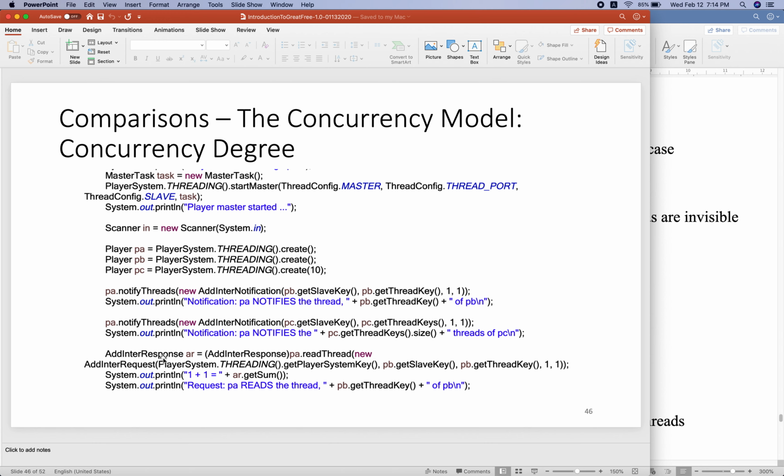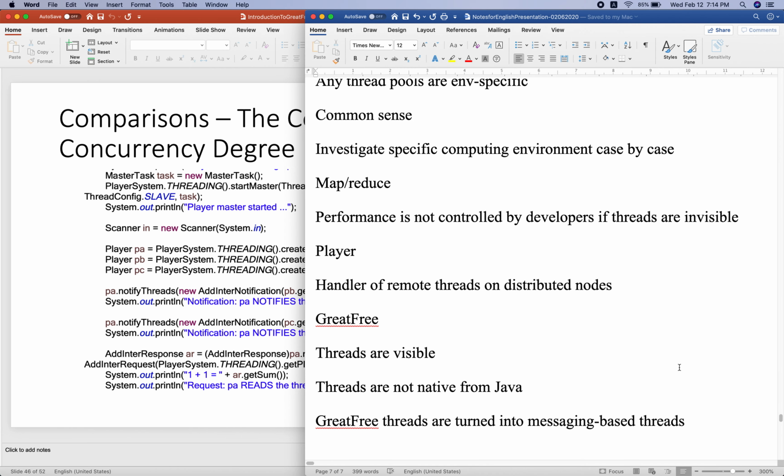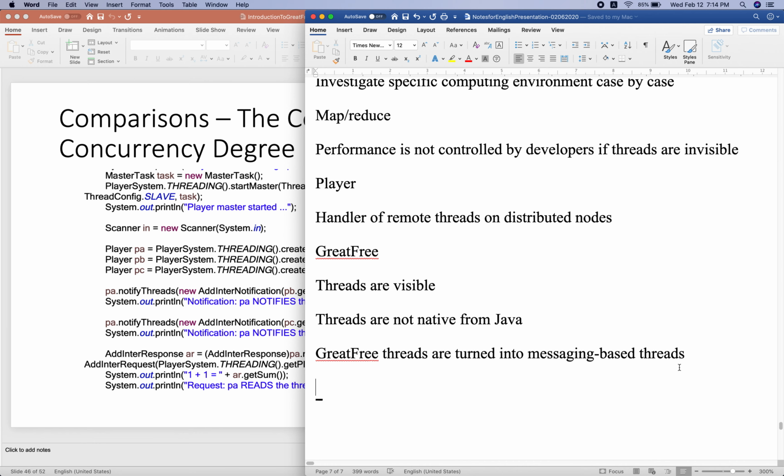This is a simple code to present how to program threads in my system. So you can see here, Grid-Free is using asynchronous messaging to interact with each other. At the same time, the threads are visible, but different from some existing popular techniques, Go or Golang, Akka, and Erlang.